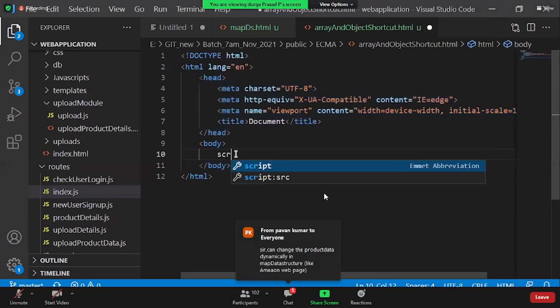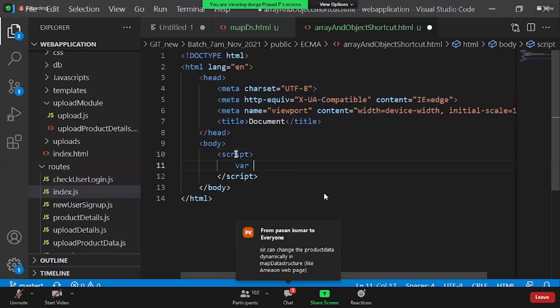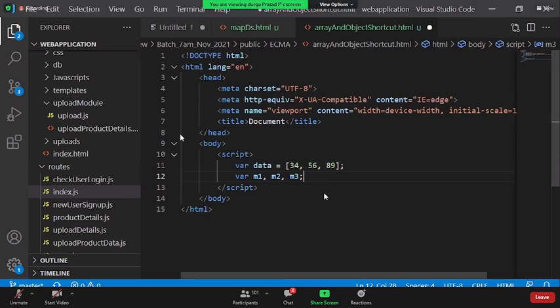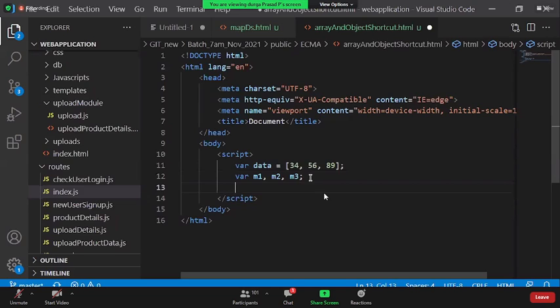For example, let us say I have some data equal to an array of 34, 56 and 89. My requirement is I have 3 variables, M1, M2 and M3, and I want to initialize the values within the data array into them.